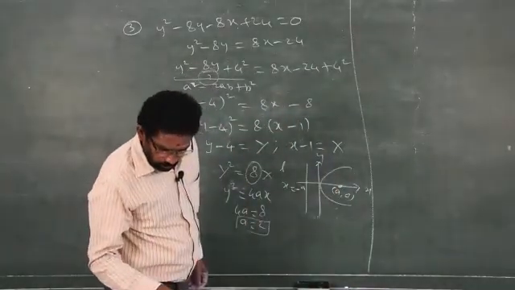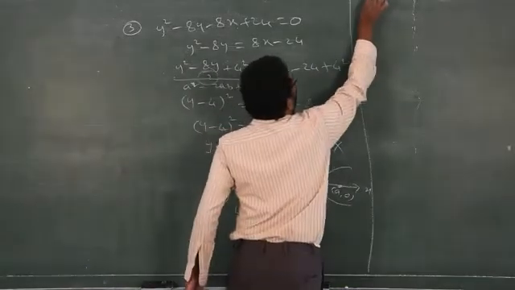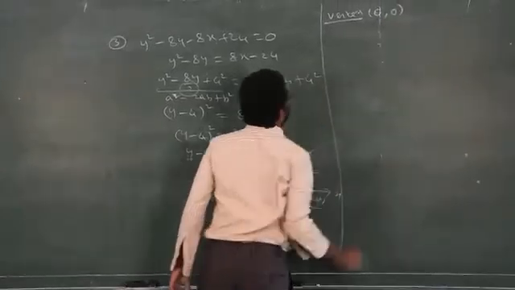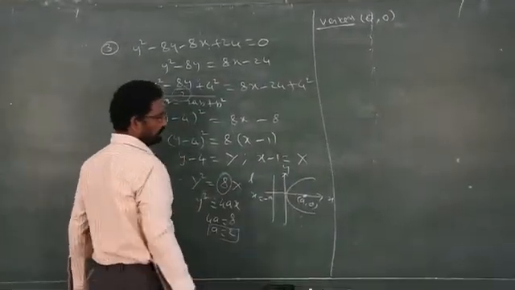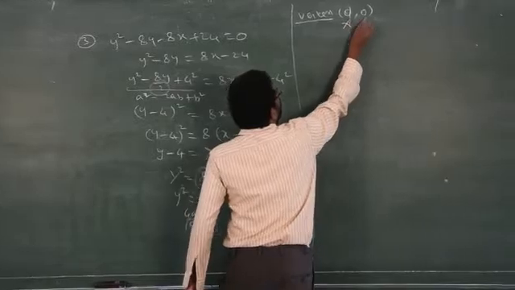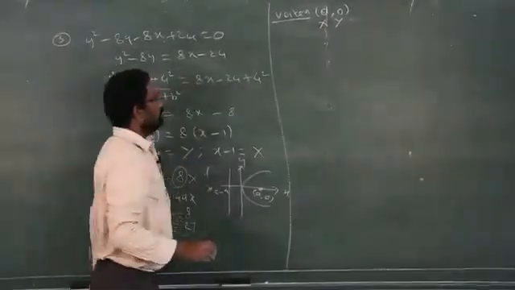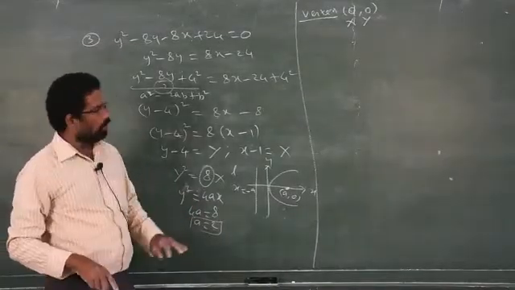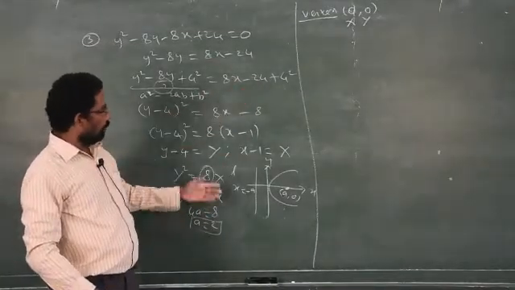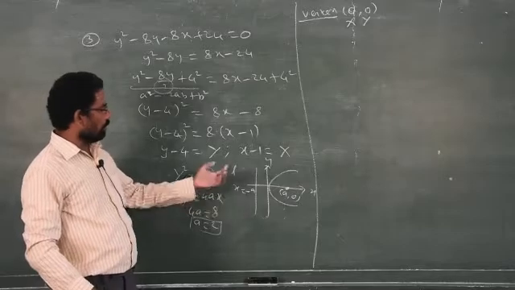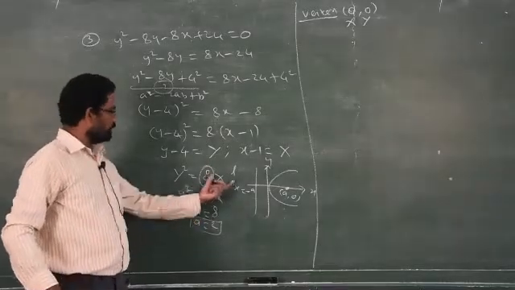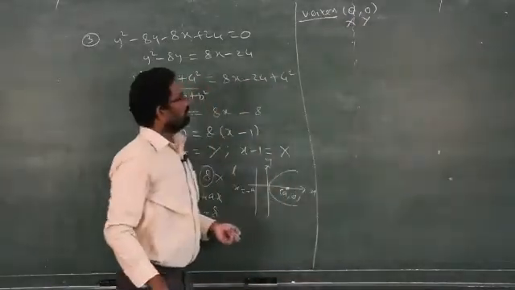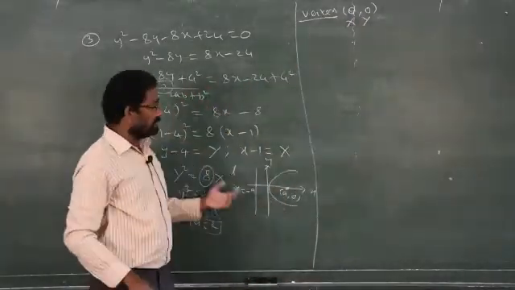What is the first question? Vertex. The general formula for the vertex is 0, 0, because I did it with only x. This refers to capital X and this refers to capital Y. So the additional work, when you compare with sum number 4, is that you have to convert all the values into capital X, small x and small y by using this capital X and capital Y. So the vertex formula is 0, 0.